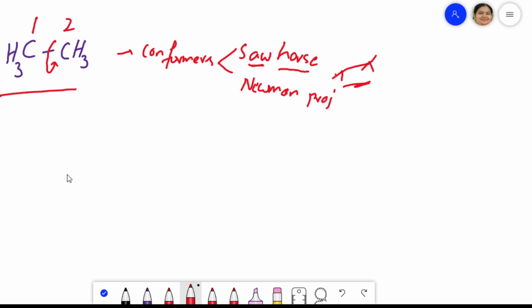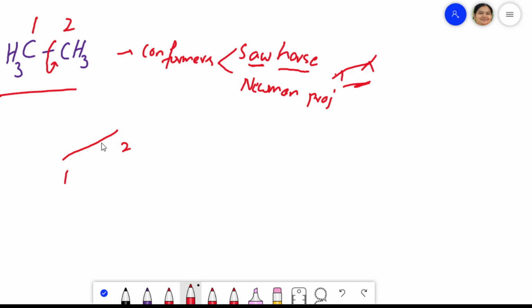So between two carbons we have a bond. That bond I will represent using a line like this. That line is an elongated diagonal line between two carbons. This is my first carbon and this is your second carbon. As we have already told, the lower part of the line is considered the front carbon. In this line, this is the lower part and this is the upper part.